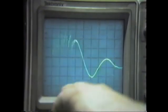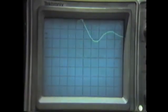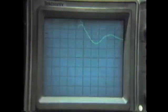Now down in here too, in the negative half, are also these frequencies down here. So these frequencies are riding through the whole wave. And if one puts the electrodes on and then touches the scope probe to anywhere on his body, these frequencies are all there and they're all riding